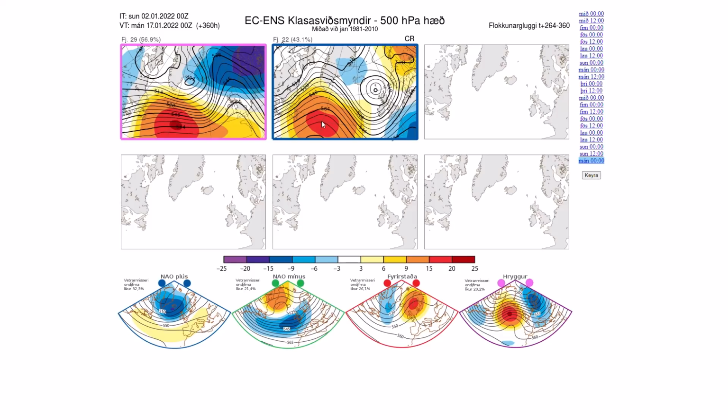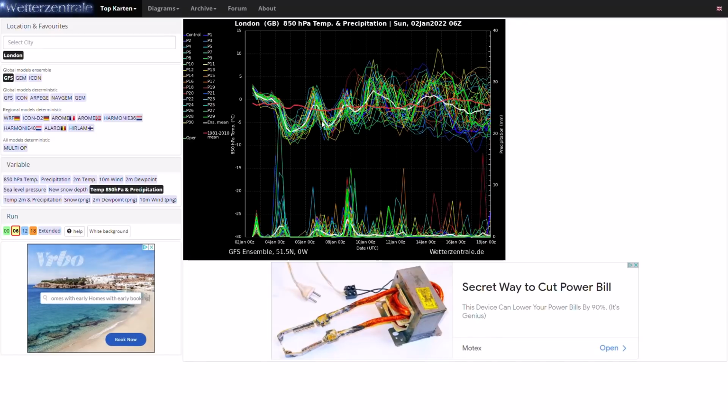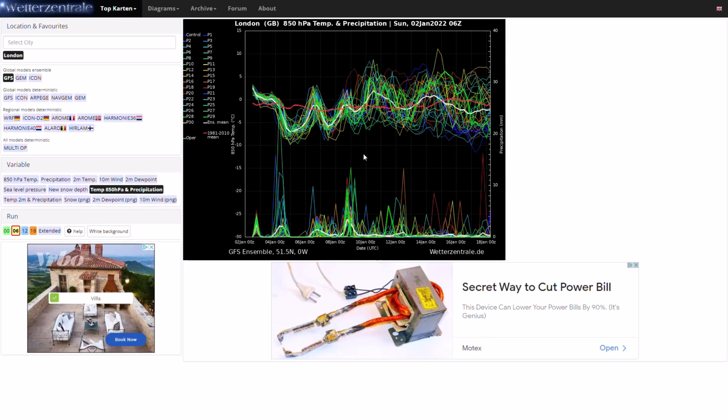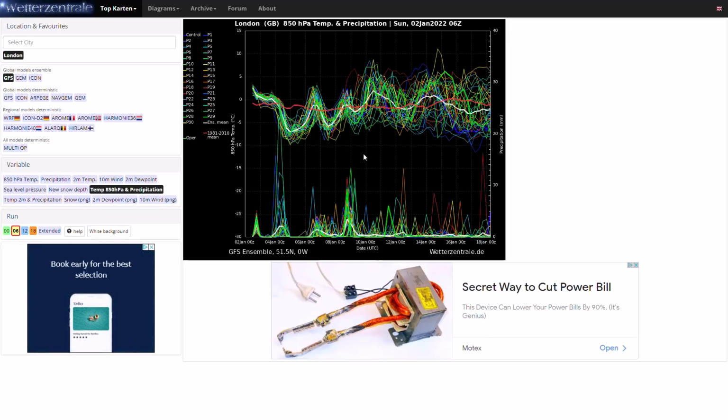Now, as I said, the GFS Ensembles are a bit different. You can see mild at the moment, dropping much colder this week, and staying pretty chilly all the way to around the 9th, 10th of January. We do see brief milder sectors moving through, but their extent of mildness is really only up to around average, around -1, -2 at 850 hPa, so maximum would give highs of maybe 6 or